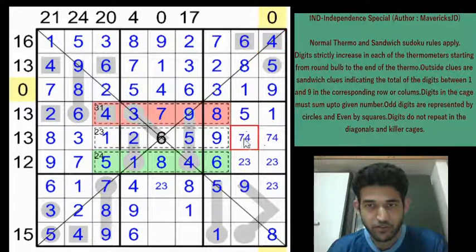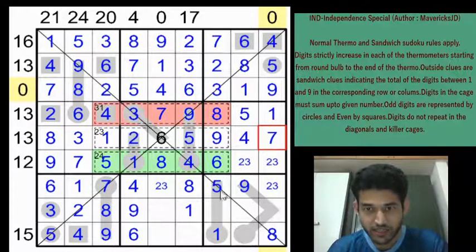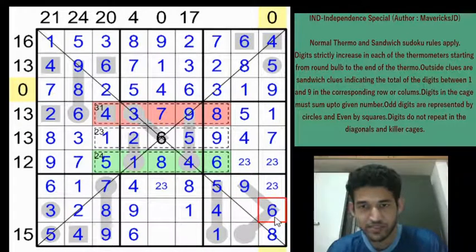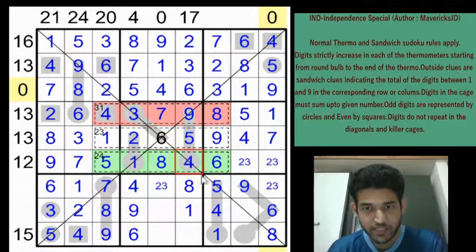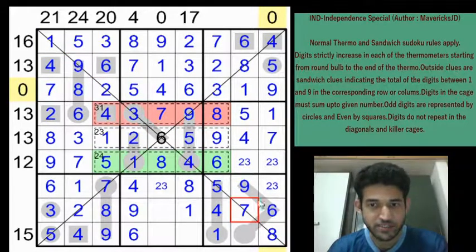And because of this 4, we can place the 4 and the 7 here. And along column 7, there is only one digit left. So that is going to be a 4. And we have a 2, 3 pair in column 9. Remaining digit is 6. Sorry, this will be a 6. And we can fill in this diagonal along 1, 2, 9, 3, 4, 6, 5 and 8. So remaining digit has to be 7.